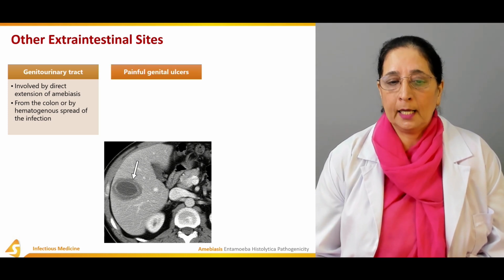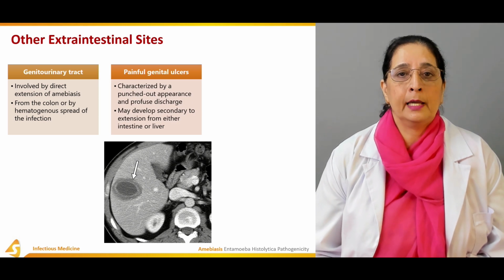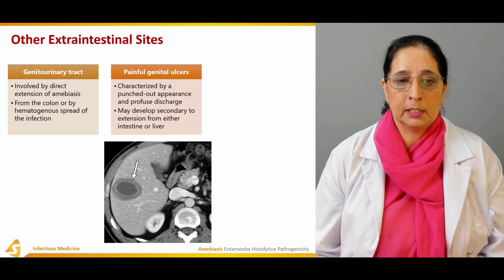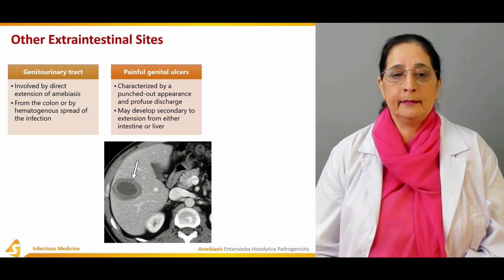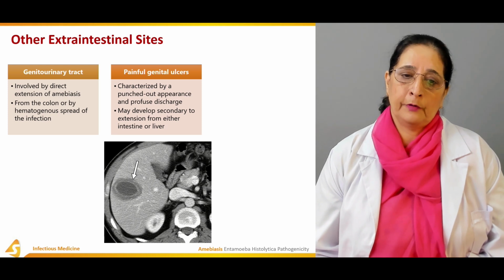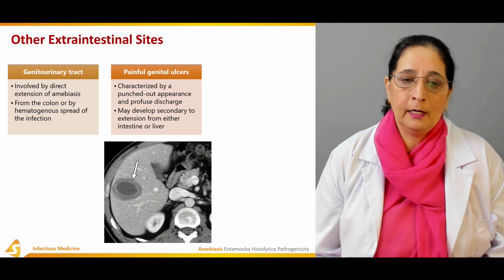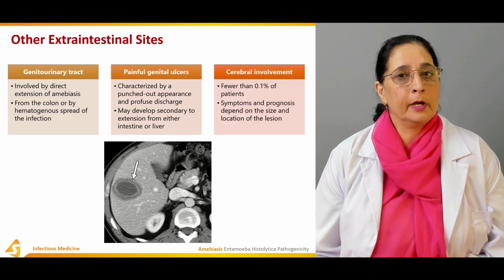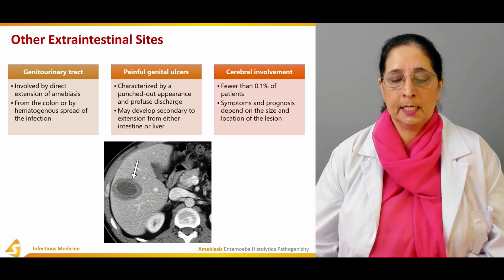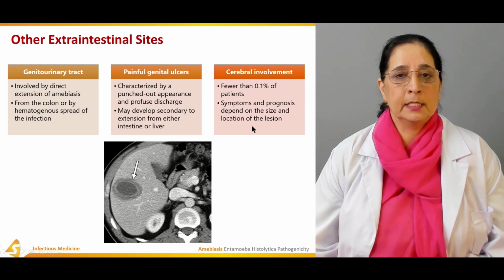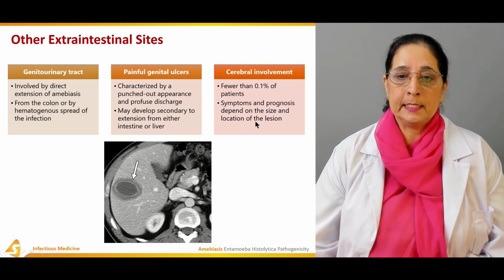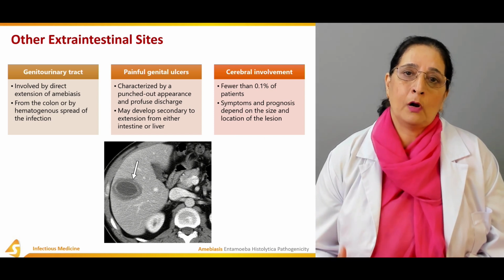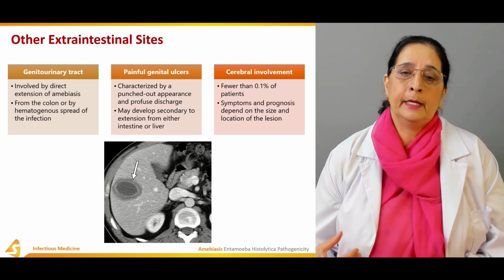Painful genital ulcers characterized by a punched out appearance and profuse discharge may develop secondary to extension from either the intestine or liver. Cerebral involvement occurs in fewer than 0.1% of cases. Symptoms and prognosis depend on the size and location of the lesion. So you see, we have so many different organs involved by the Entamoeba